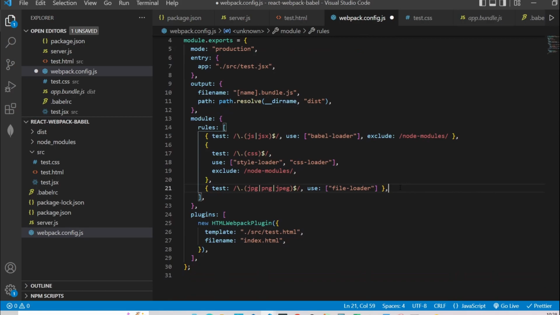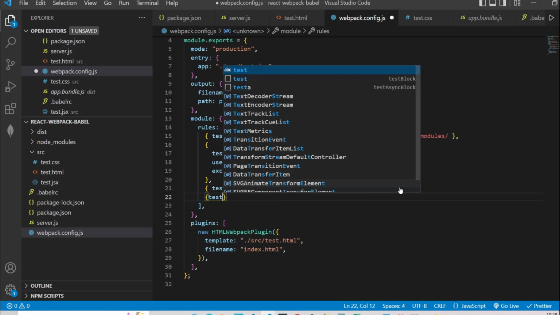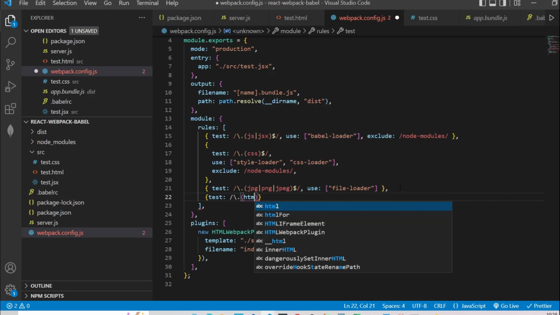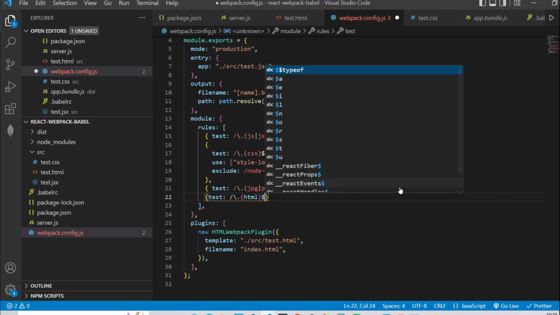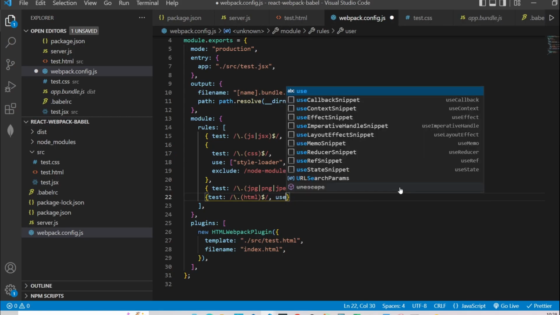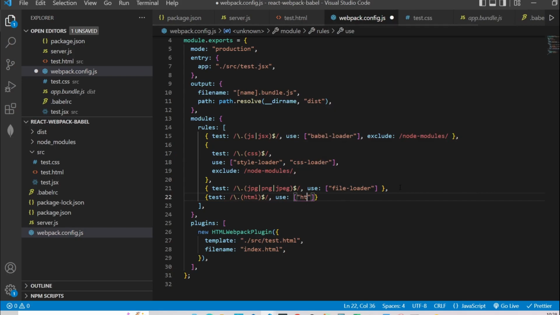And I'm going to have one more rule for HTML. So for HTML documents, I'm going to have one more loader. And here I'm going to use loader, HTML loader. Okay, and I'm going to format this one. So let's save this Webpack configuration file,